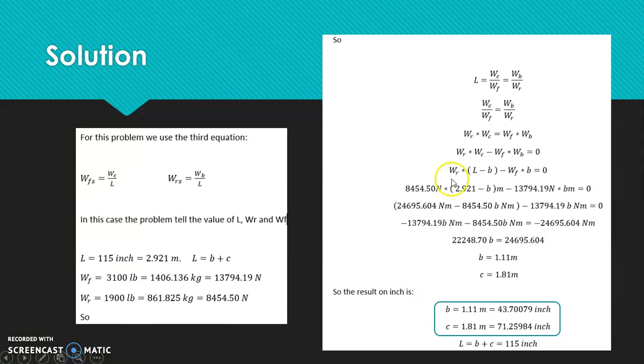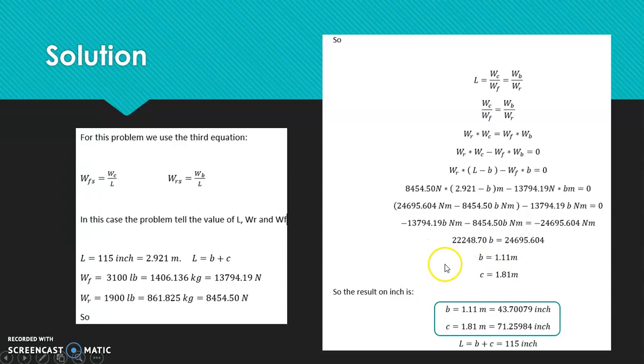The same for rear. Then we use the third equation. We evaluate the values, then replace the values of the variables. Finally, we operate, and then we have the value of B,